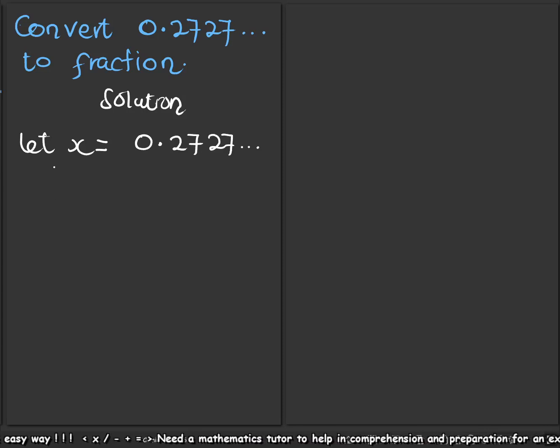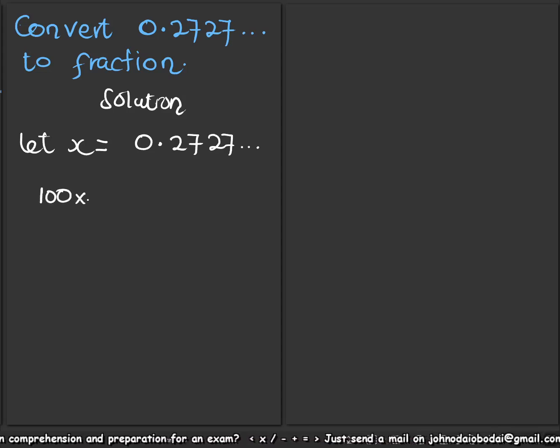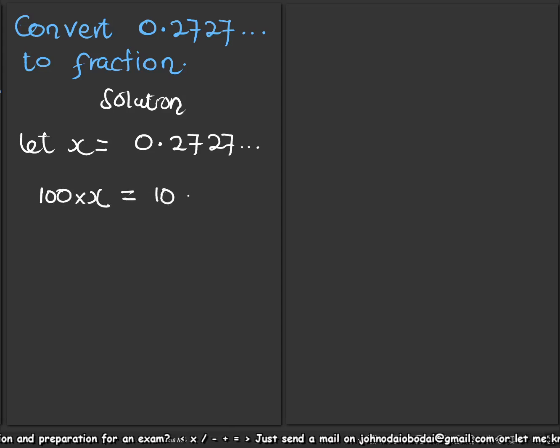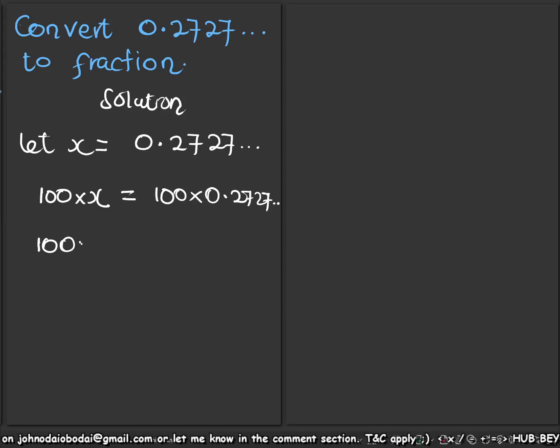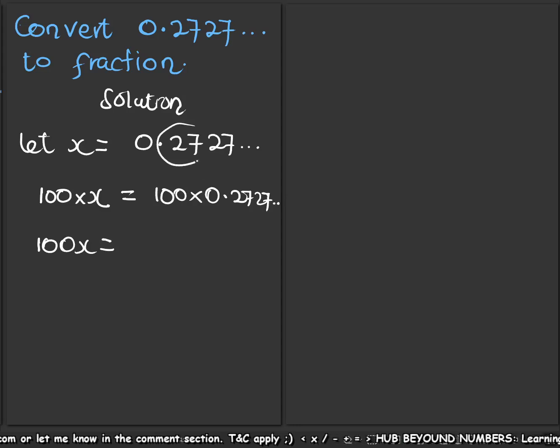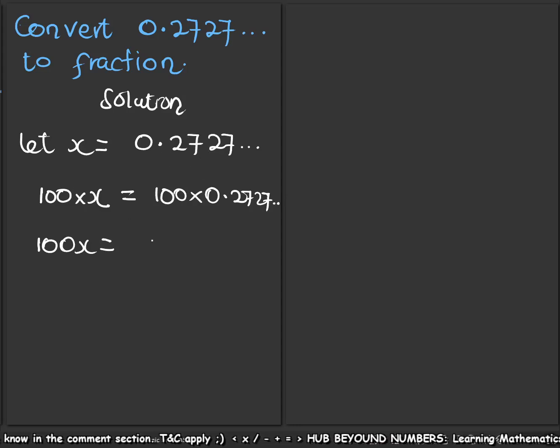So what we do is we multiply both sides by what? 100. 100 has 2 zeros, and it's 2 digits that are repeating. So we say 100 times x is equal to 100 times 0.2727, which repeats. 100 times x gives us 100x. So you put that down, and then 100 times this is going to bring out what? 27 to become a whole number. So that I have